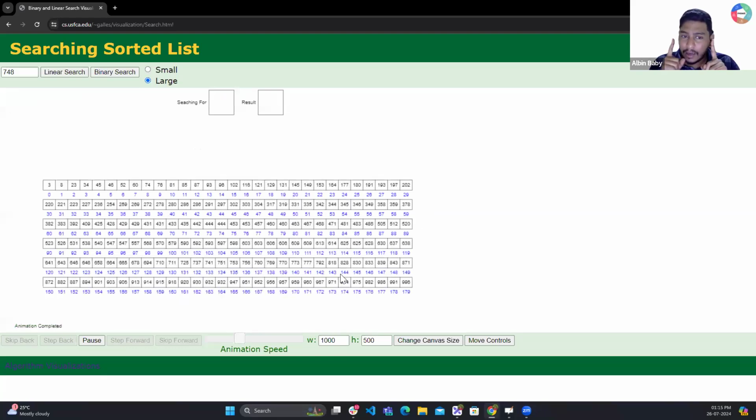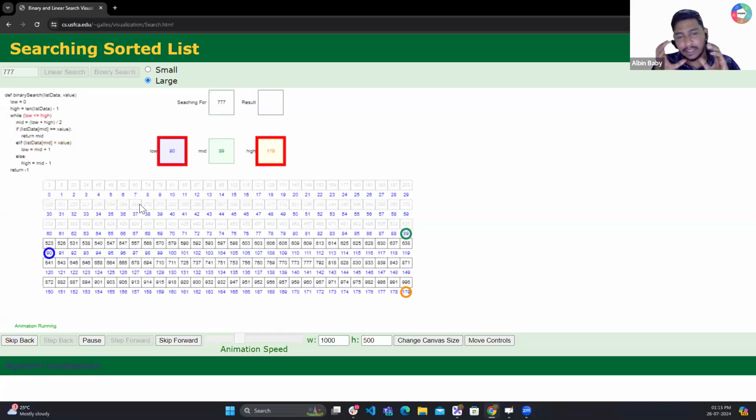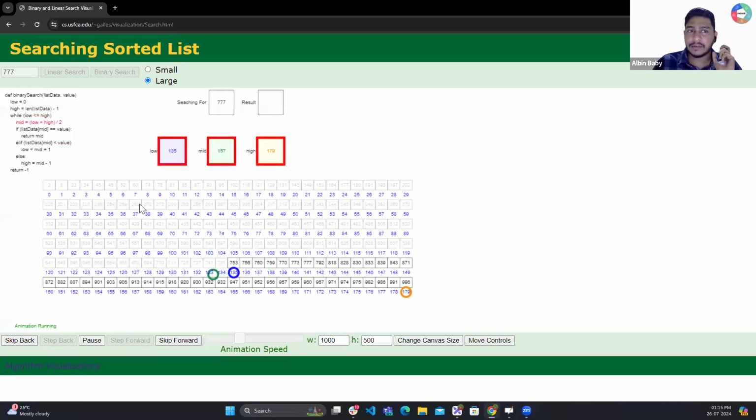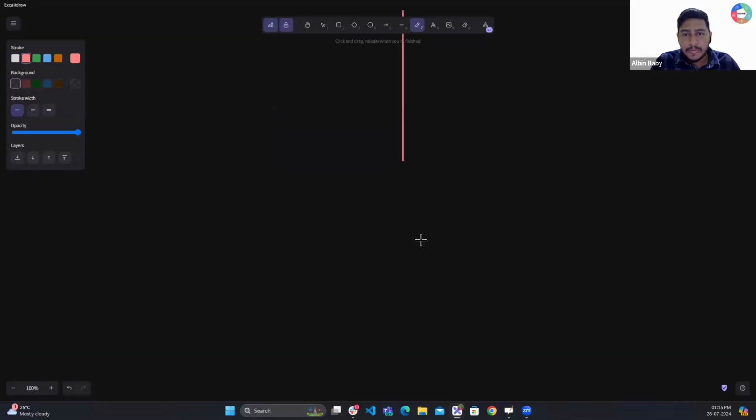So one thing you should understand: if the constraints are big and your algorithm is not optimized, it will take a lot of time, and there might be a scenario where your code fails. But if the constraints are big and your algorithm is optimized, meaning it's really good and fast, that's where constraints come into the picture. Here the algorithm is fast. It divides the array into two. Don't think about the algorithm; it will be explained to you in the upcoming units, how exactly it works. So the only point I want to give you is that constraints come into the picture when